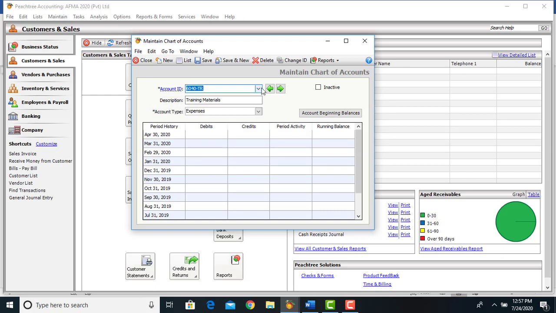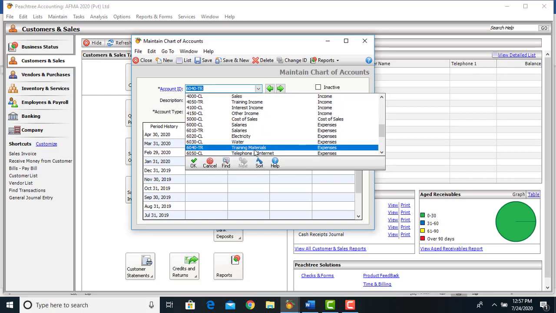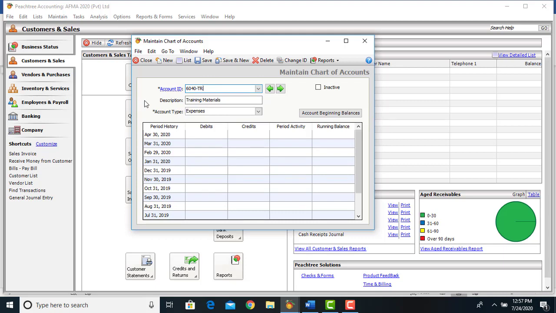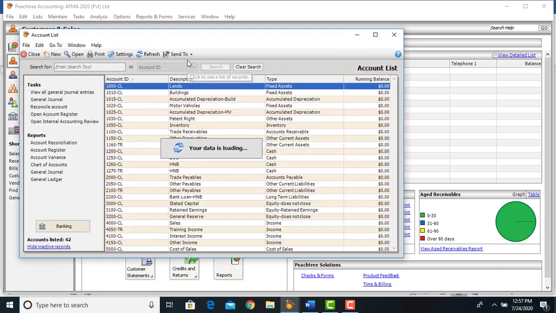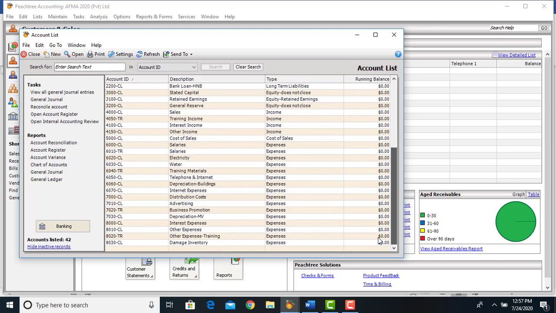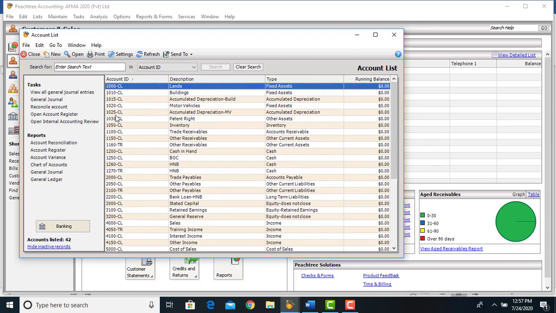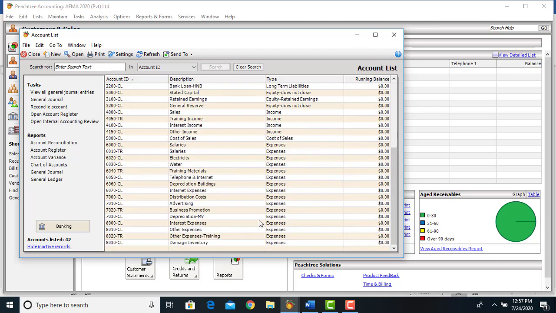You can save it, then it is OK. Yes, it is there. That's how we change; you can go to the list and witness the changes that we did. 1030 should be there. 1030 is there. 1026 is no longer there. And similarly, 6040 is not CL anymore, but it is TR. That's how you